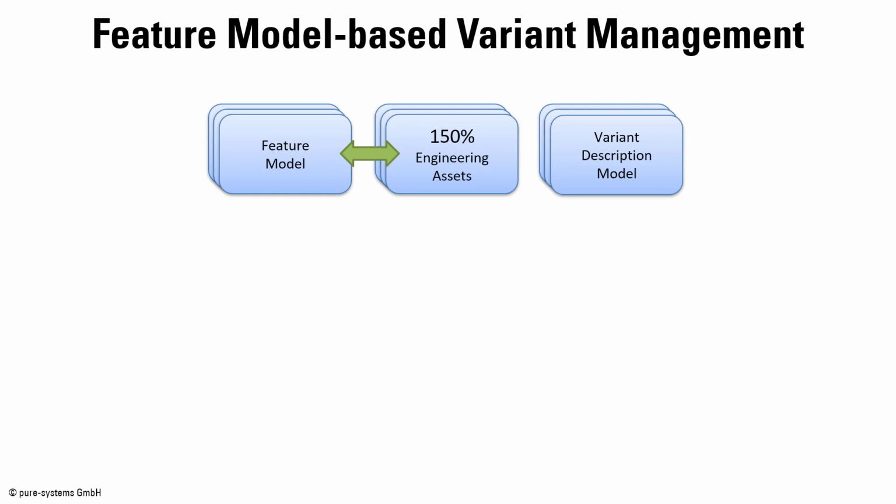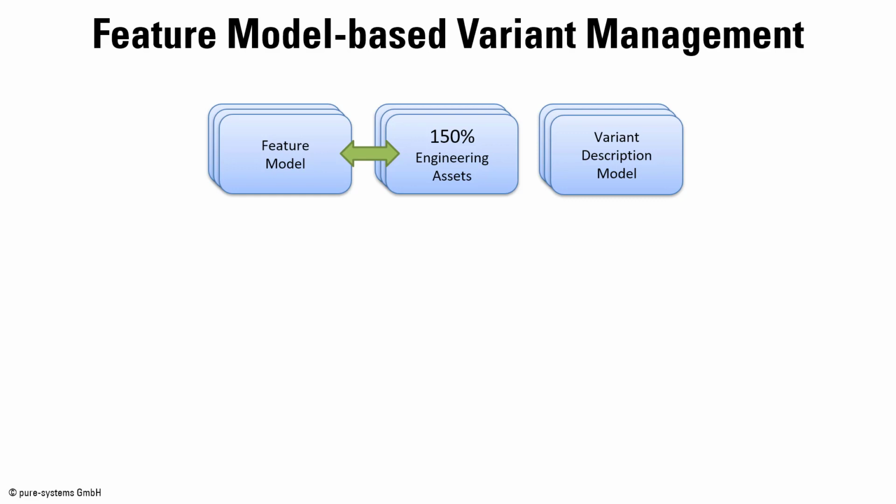So your variants will tell you which other features will be needed in combination, which others are now not possible to select as well as they would be, or as they are mutually exclusive. So all the expert knowledge that you put into the feature model about interdependencies is regarded during the variant configuration in your variant description model. And you know at any point in time which other decisions you have to make to get to a variant